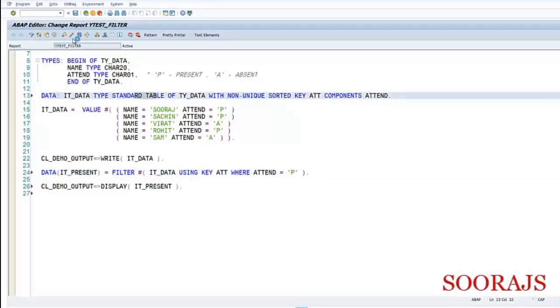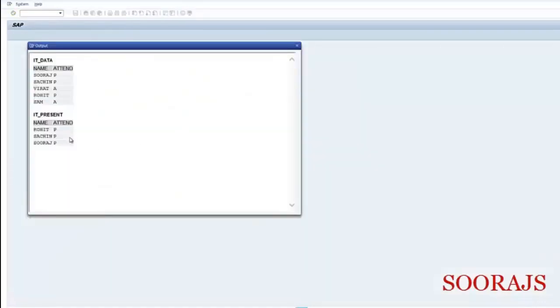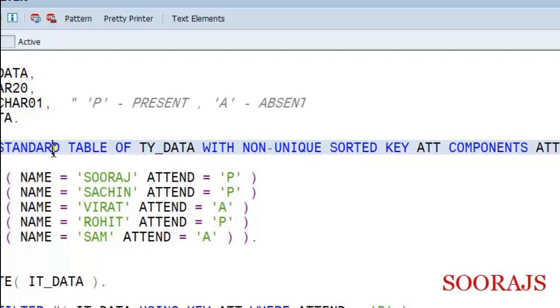Activate this, execute this. I can see the same thing happen, whereas in the earlier case we had an error when we were using a standard table, but now that issue is sorted out when we used a key along with the standard table.